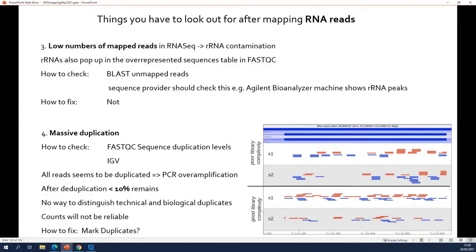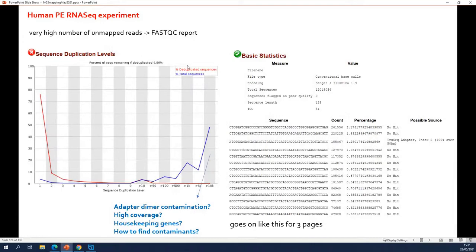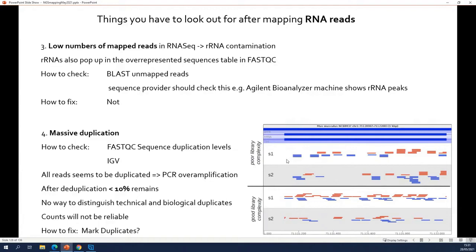So what to do? Well, when it's really bad, and it's not because of ribosomal RNA, but because of PCR over-amplification, what you see here, the best thing to do is to remove them. So use Picard MarkDuplicates on the BAM file, even if it's RNA-seq data, and remove them all. If you think that the technical duplicates are worse or are in bigger amounts than the biological duplicates, then it's more accurate to remove them. It's not ideal, but it's the best thing that you can do here.